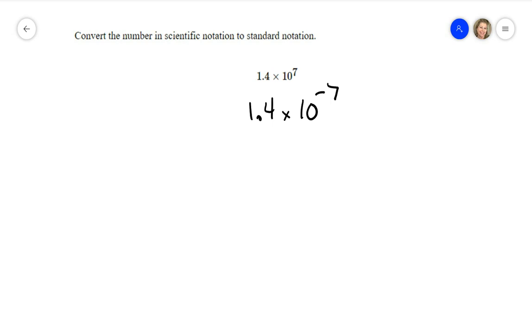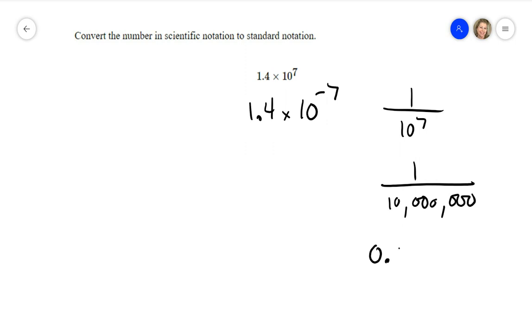Well, 10 to the negative 7 is really 1 over 10 to the positive 7, which is 1 over 10 million, which would be 0.0, tenths, hundredths, thousandths, 10,000ths, 100,000ths, millionths, 10 millionths. It'd be right there, because that is 1, 2, 3, 4, 5, 6, 7. And if you took 1.4 times that, what you're going to get is